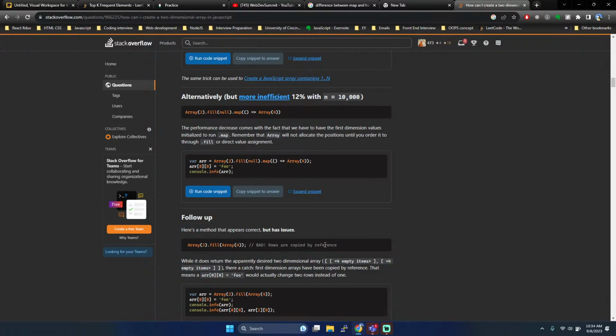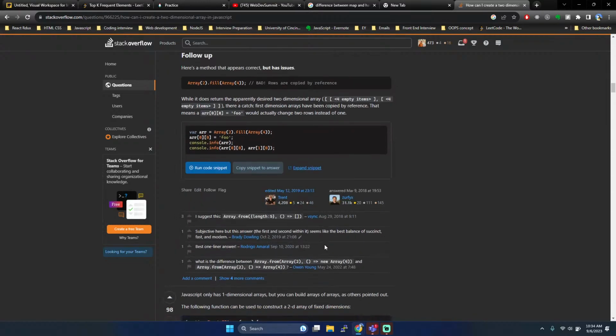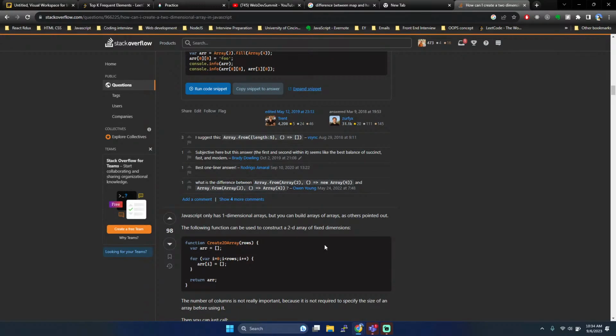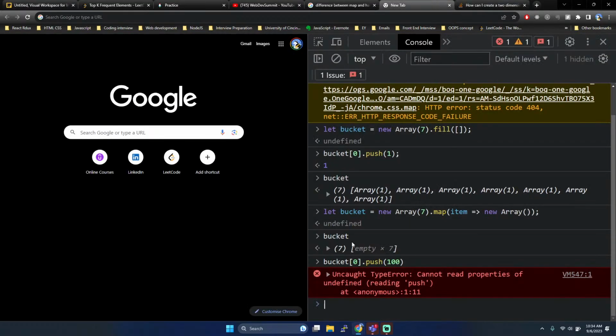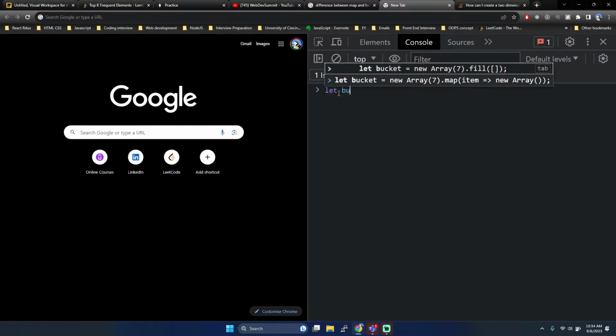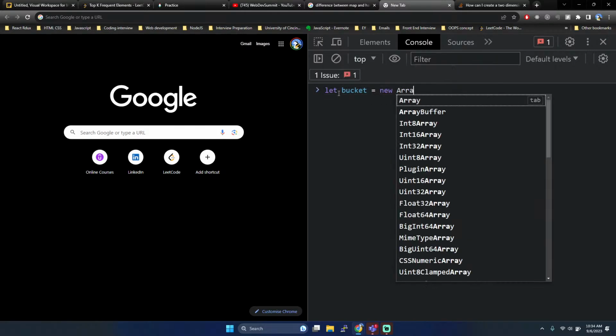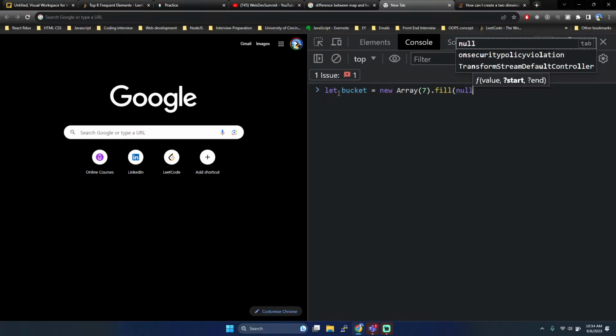Yeah, arrays are copied by reference. So here I'm doing that itself. Okay, let's clear this out. Sorry, let's clear this out and let bucket be equal to new array of 7 dot fill with null